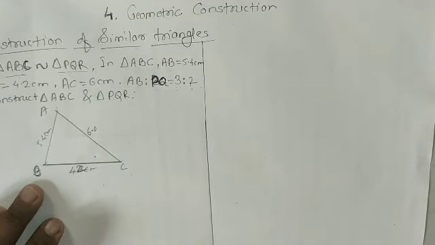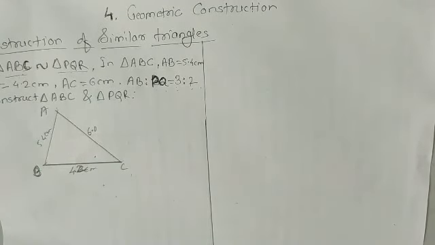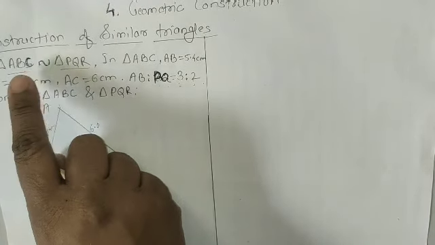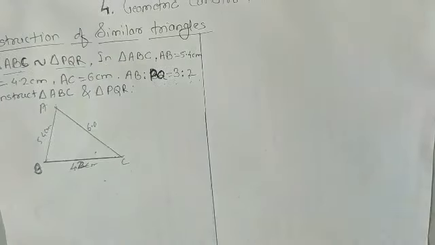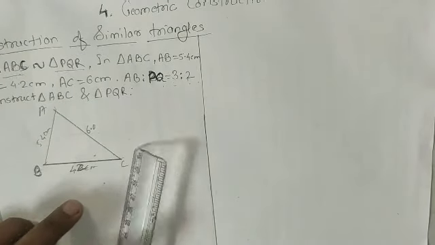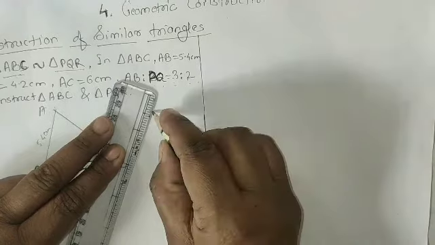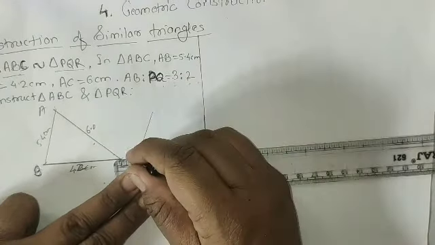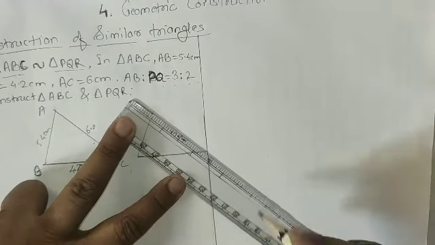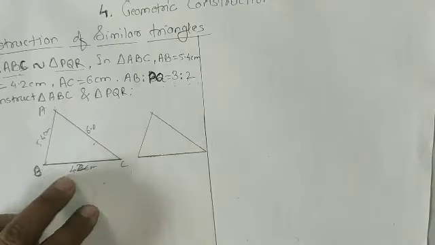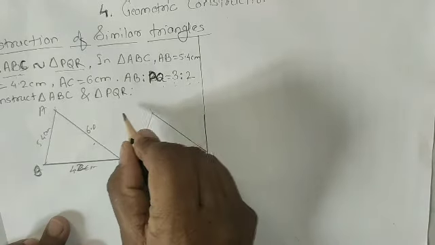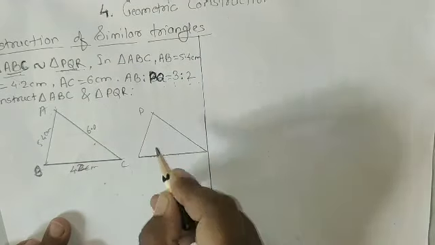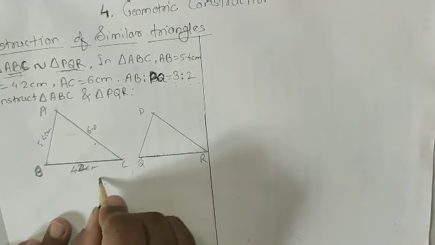Okay, the same way we have to draw PQR, and here the similarity is given. AB is to PQ, BC to QR and AC to PR, it is the ratio of their sides. So as per the ratio, the figure is also the same. So we have to draw a similar figure like ABC, but smaller than ABC. I am going to draw one figure here. Actually it is a rough figure, so it is not necessary to take any measurements for this figure. Here we will draw PQ. So here AB and PQ. Where is the position of A? Here we write P, Q, and this is R. So this is the rough figure.